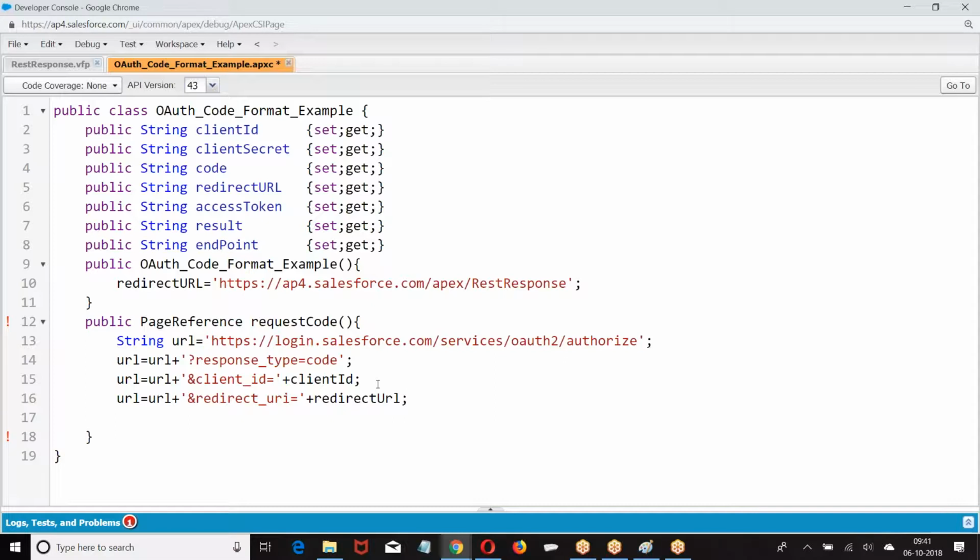What was that? I made a URL: login.salesforce.com services authorize, response type equal to code, client ID equal to client ID, redirect URL.